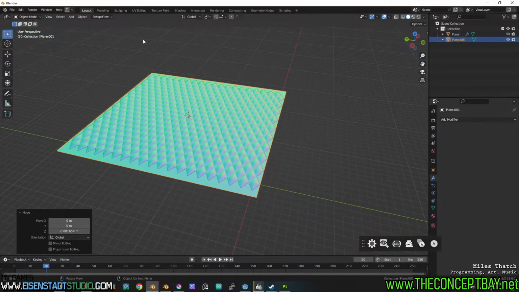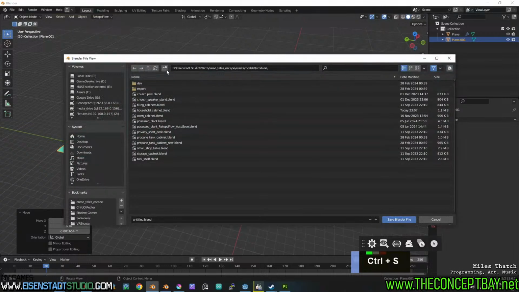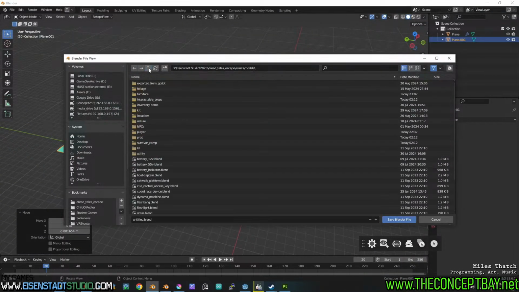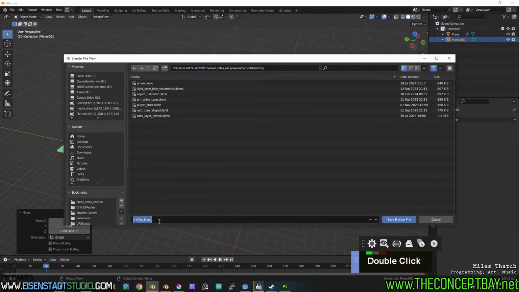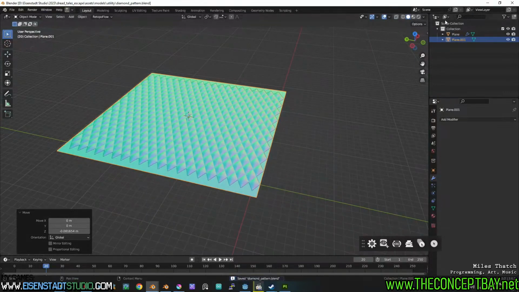I guess we should probably save this in case. Assets, models, utility. Okay. So to bake this, well,